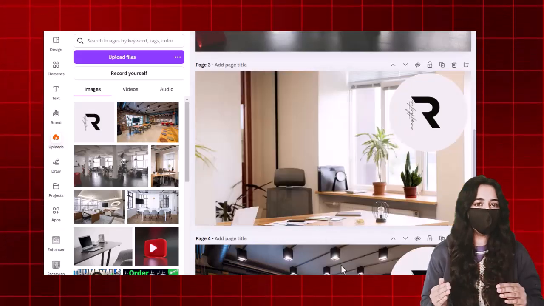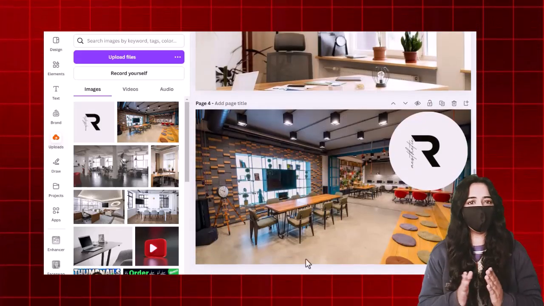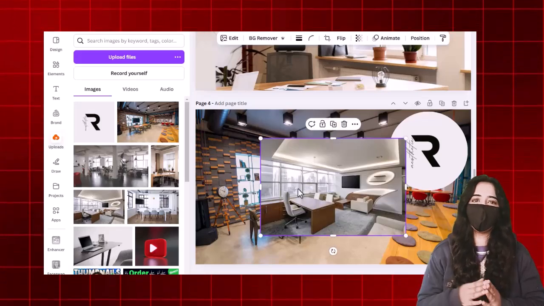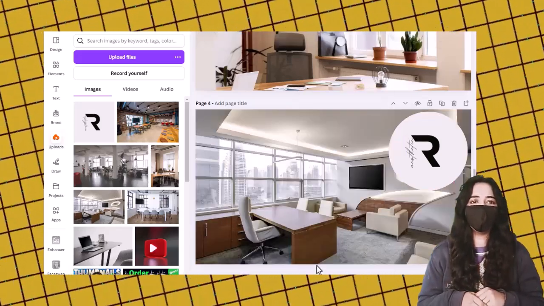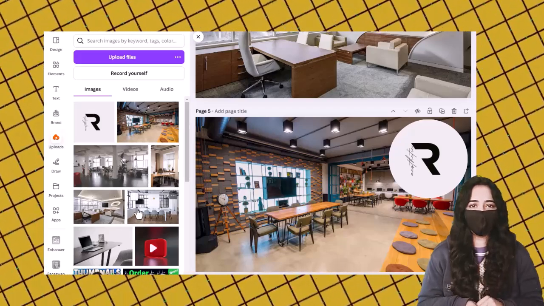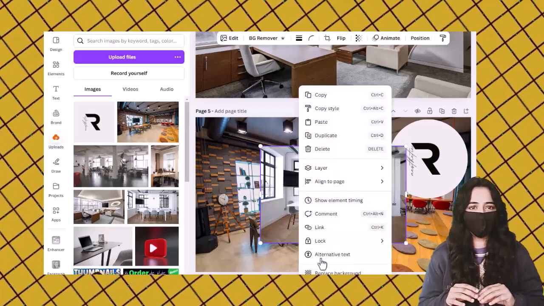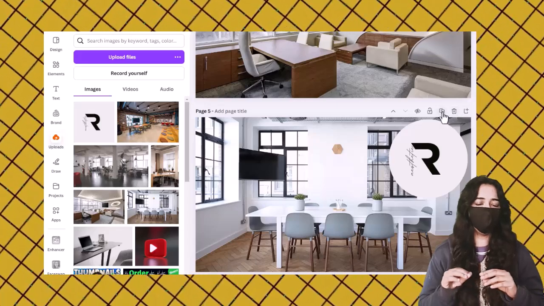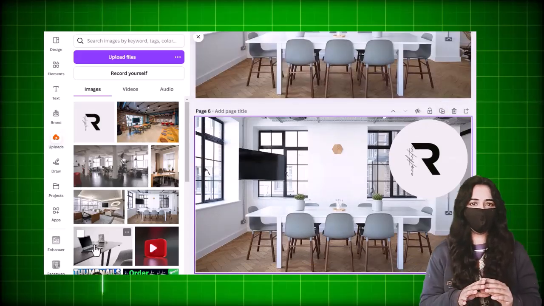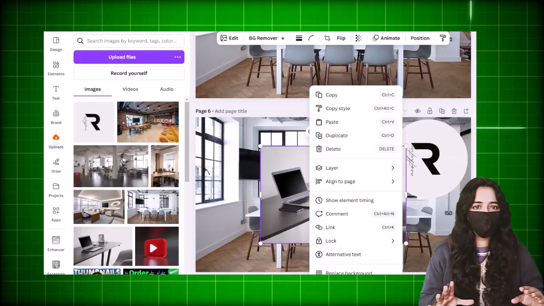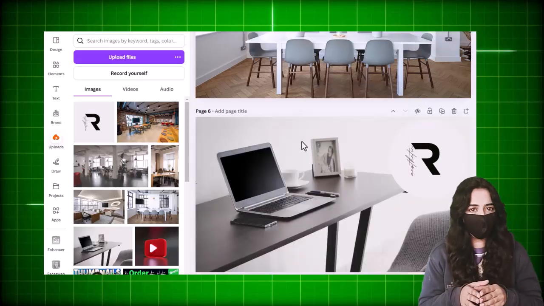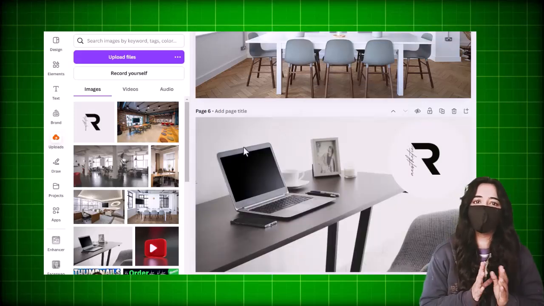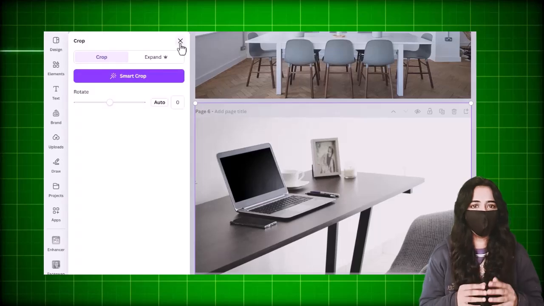In the same way, I'll add other stock images on the rest of the pages one by one and set them as background. And all our Zoom virtual backgrounds are ready now. So okay, I have prepared in front of you, and here you can see 1, 2, 3, 4, 5, and 6 backgrounds I have prepared here. And is there any difficulty? It took less than 5 minutes, and the background has been prepared for Zoom.